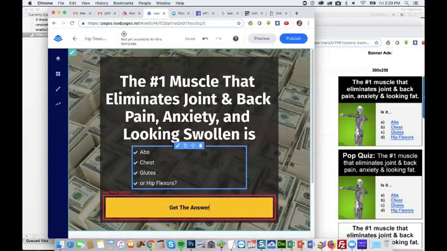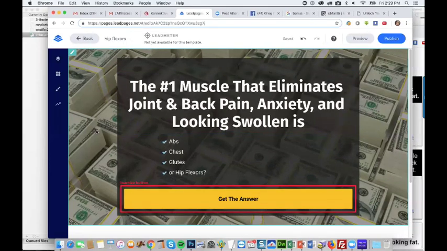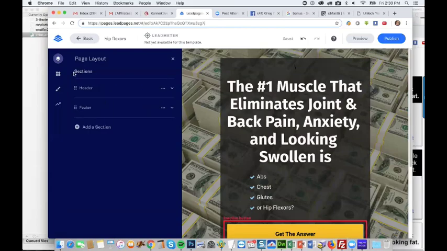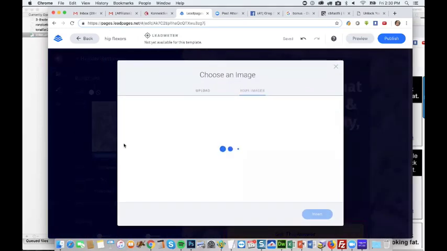I'm not sure what the problem is with this. All right, so now let's see. We need to change the background image because this is like stacks of cash, and that's probably not what we want. So let's see what would be appropriate. Let's see, maybe something like, I don't know. Let me see what I got here already.